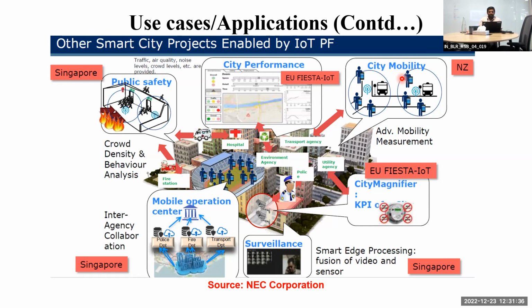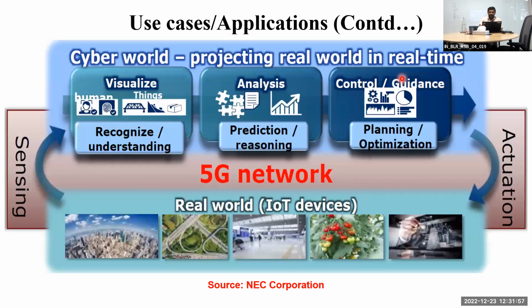Okay, similarly for the fire station, somewhere some fire has happened, the sensor will capture that fire, and it will auto trigger the message to the fire station, and the fire station will start going and handle that. Okay, all these sensor nodes will be there. So this way we can manage all these items basically.